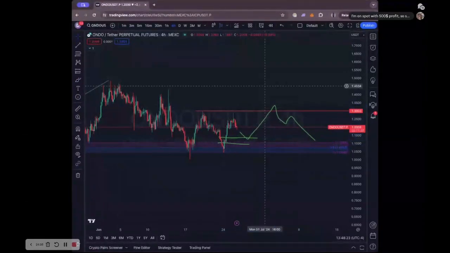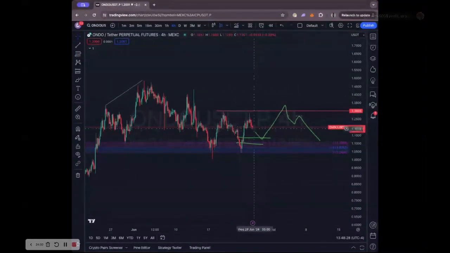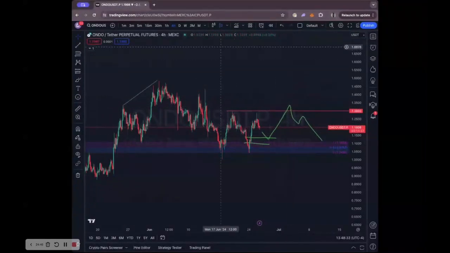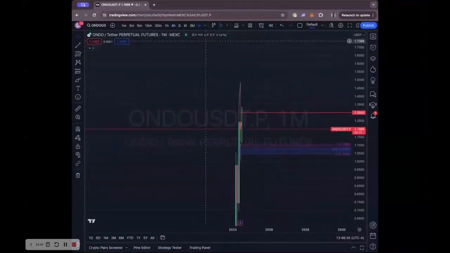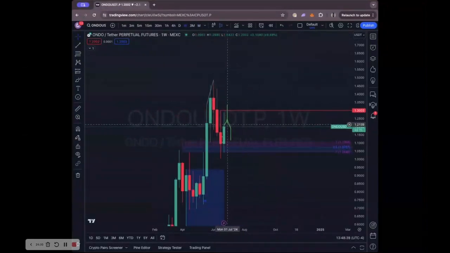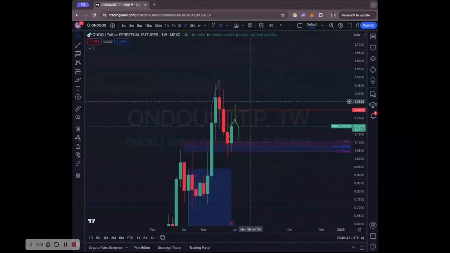I'm down on spot with 500, so should I size down? Yeah, I mean, I would probably size down spot a little bit. I could see us pumping a little bit more, but again, the fractals between the time frames don't necessarily align right now, and it really depends on whether or not USDT-D wants to continue to dump, right, or wants